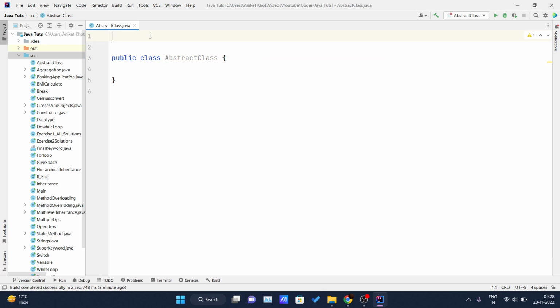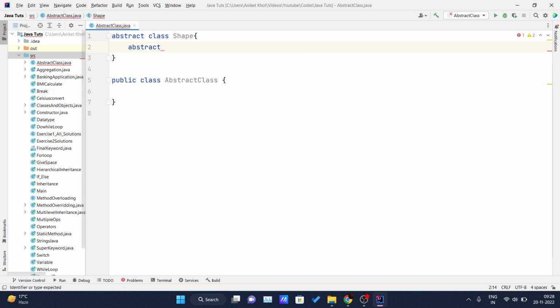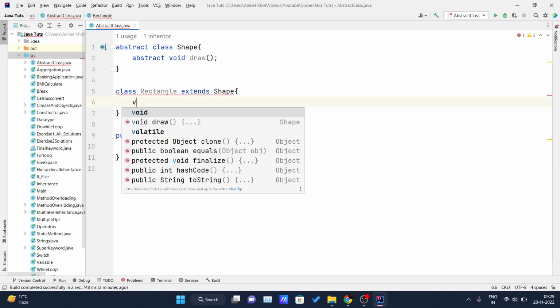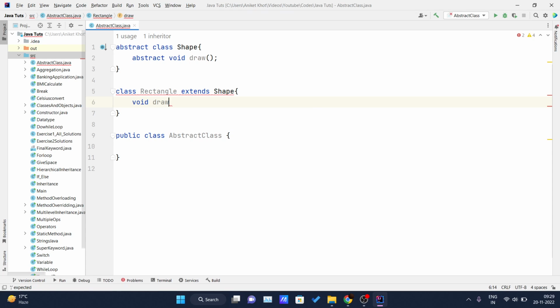Now I will create one abstract class named Shape, and inside this I will write abstract void draw. Now I will create one more class, sorry, class Rectangle, which extends the class Shape, and inside this class I will write the implementation part of that draw method,